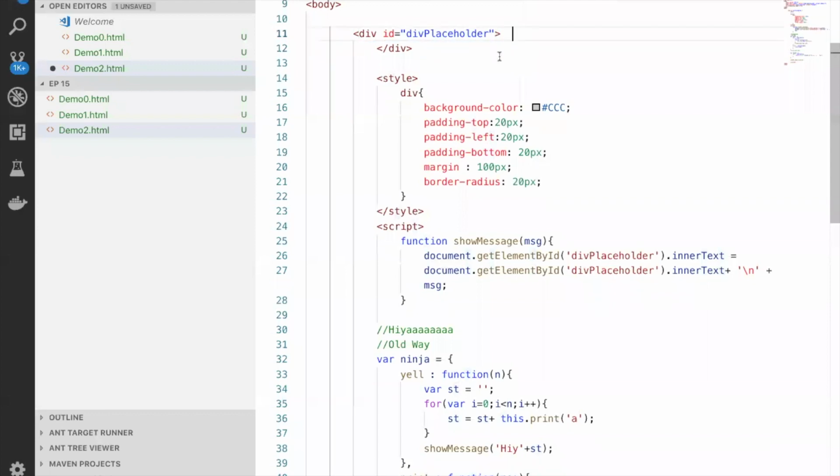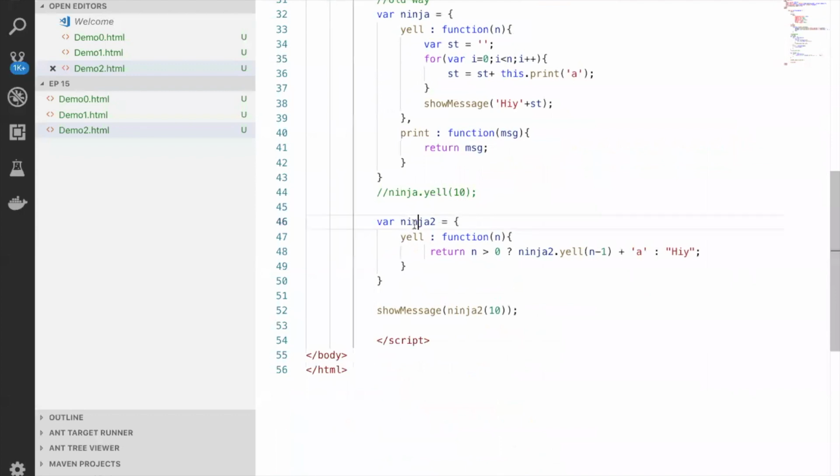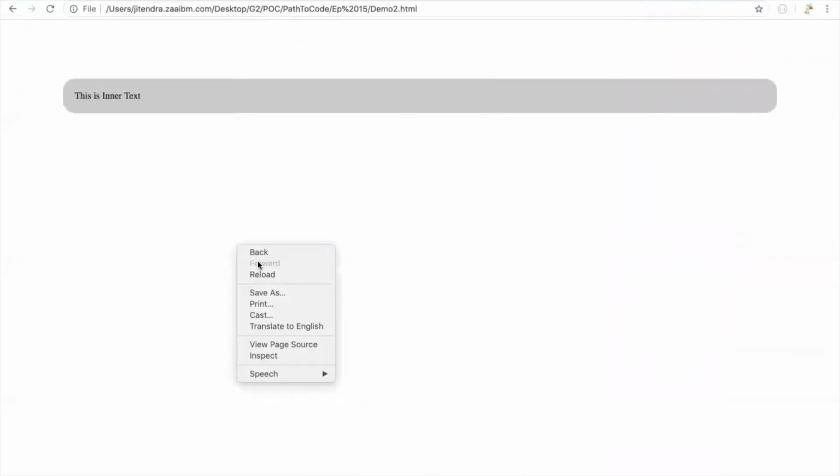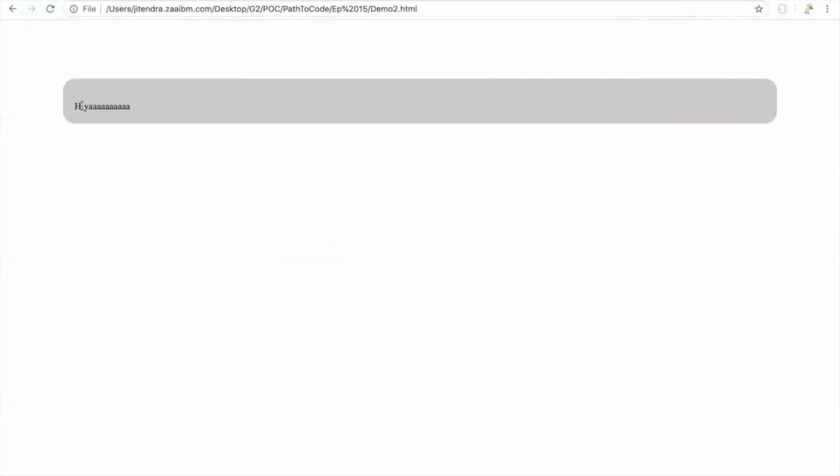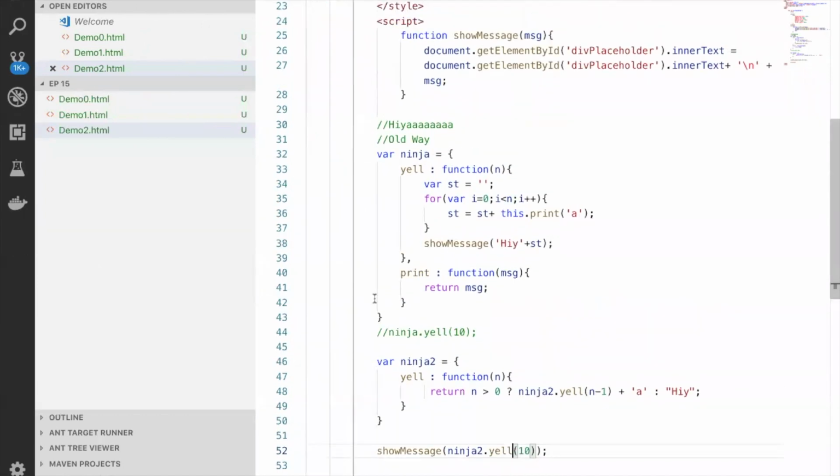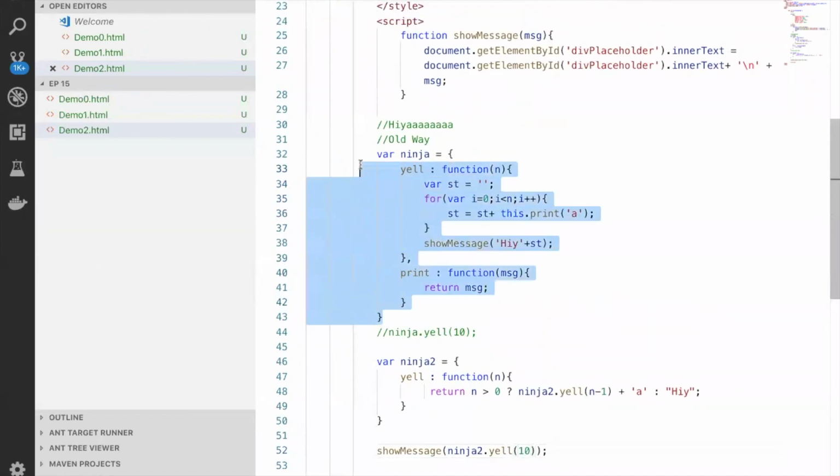I'm going to remove everything from dev. Let's debug it. I said ninja, okay, ninja2.yell. I missed that, so I have to call the yell method. Now as you can see, that's how it happened. So now compare how many lines of code we have written in the old way and how quickly we have done it